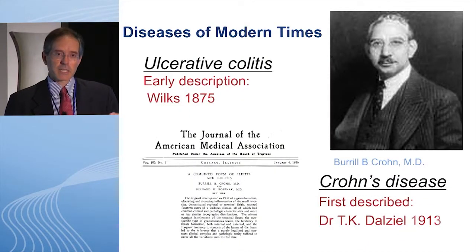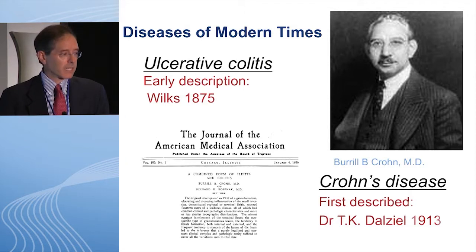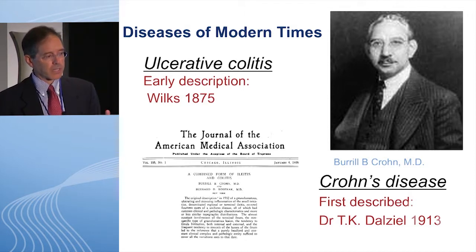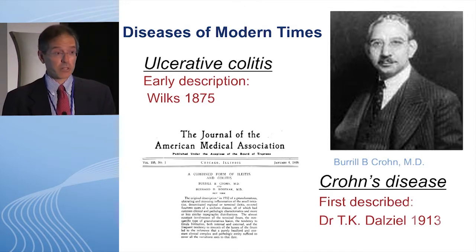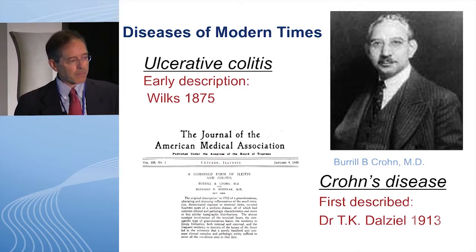And so when we look at these diseases, the question is, why did this happen, and why is it really a disease of, say, modern times? So ulcerative colitis seems to come into a population about 40 years before Crohn's does, and that's been seen repeatedly in different populations. So the first good description, perhaps 1875 in a medical textbook, perhaps a little bit before that in the population, and Crohn's in 1913, and that's Burrill Crohn as a young man.